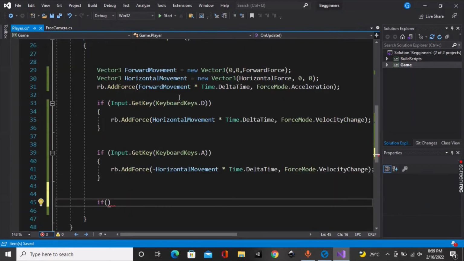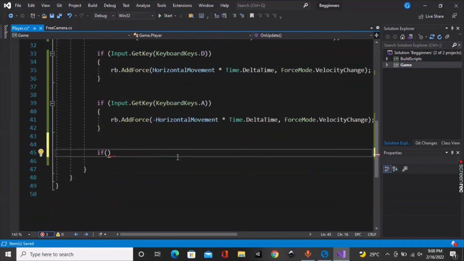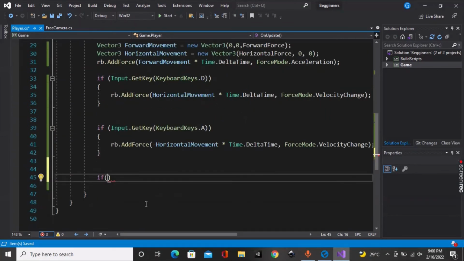What we needed was a new Vector3 for horizontal movement, and over here where we have this horizontal force, we could have just passed an Input.GetAxis in the horizontal axis. So this could have saved us having to use all these if statements to check keys pressed. It would have done that automatically for us, and what we needed to write was if